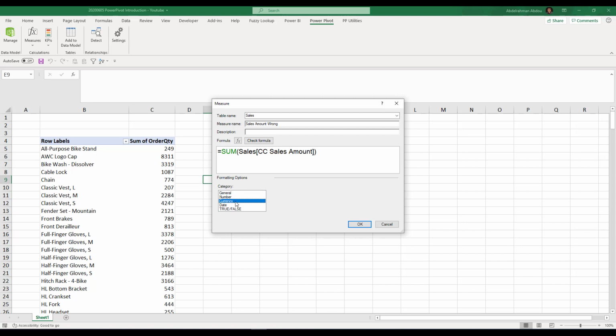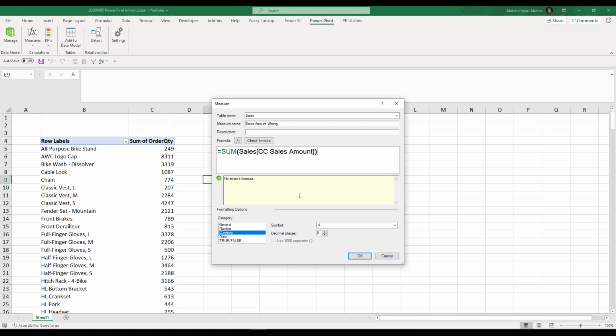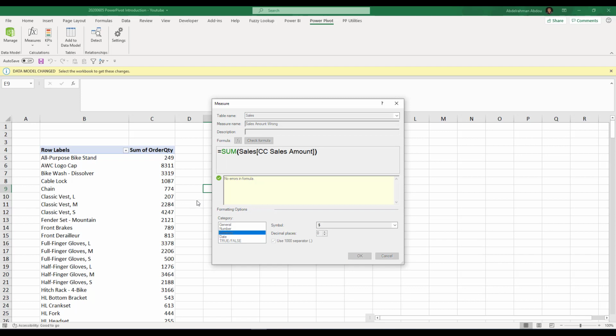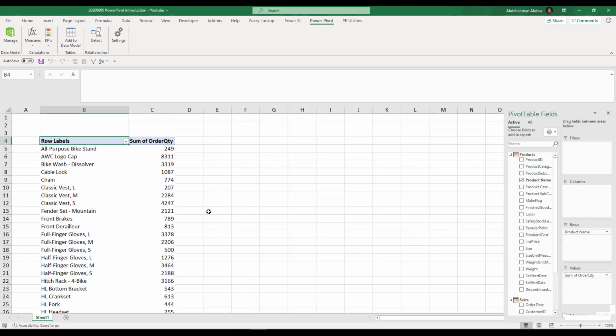Okay, and I'm gonna give it the data type of a currency and with 0 decimal places, and there's a check formula button here to make sure that your formula does not have any errors, and certainly mine does not have any errors. So I'm gonna click OK here, and now I can start adding that measure to my pivot